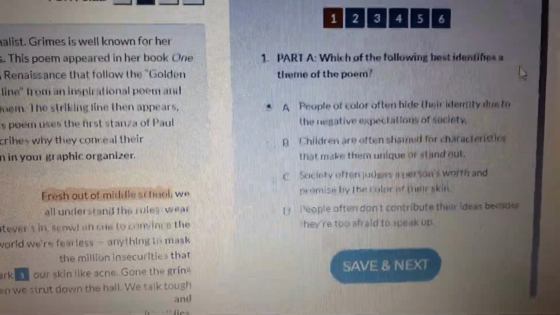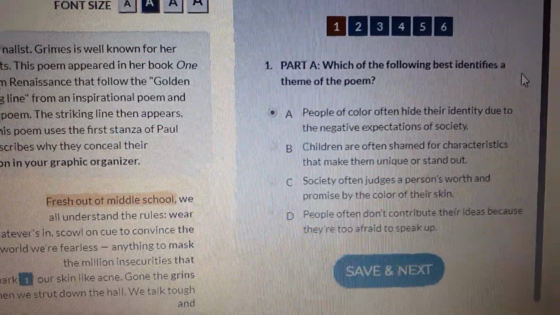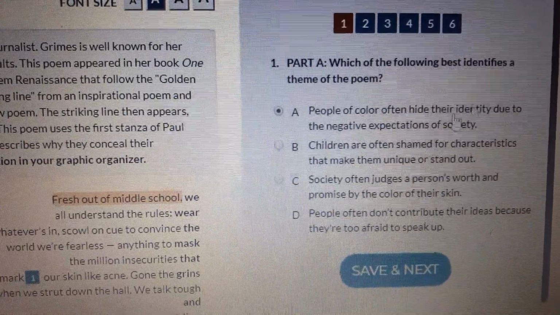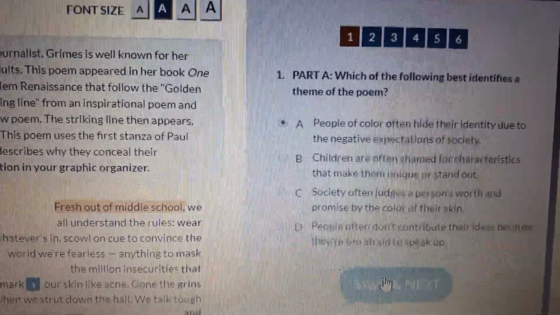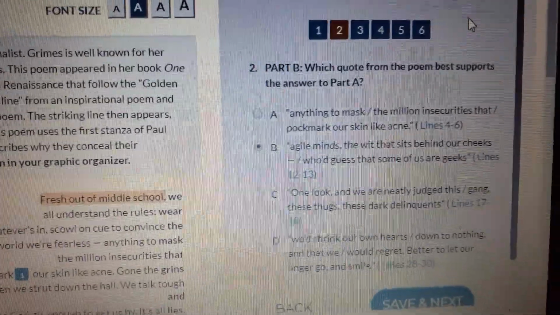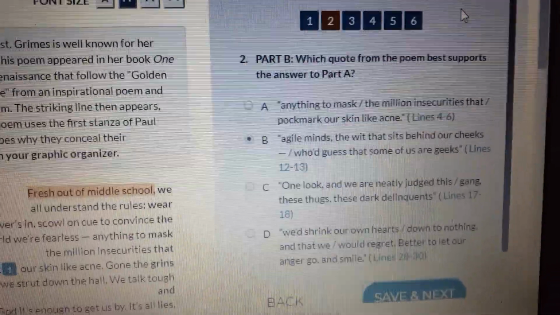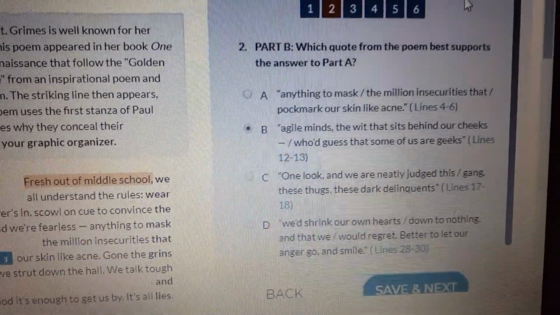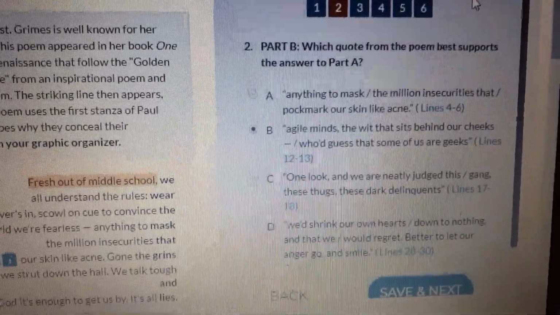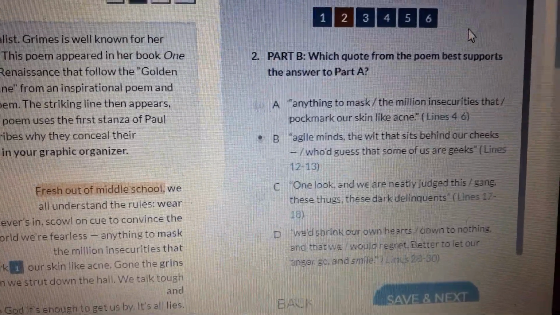People of color often hide their identity due to the negative expectations of society. So I clicked on A and I go to the next one. Here's my follow-up question. It's asking me which quote from the poem best supports the answer to part A. So if I'm saying that the theme of the poem is that people often hide their talents or their abilities because of the negative expectations of